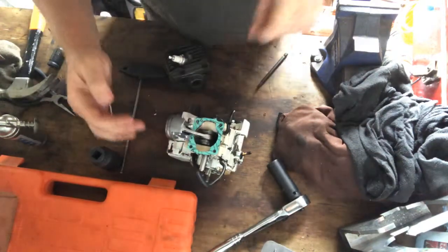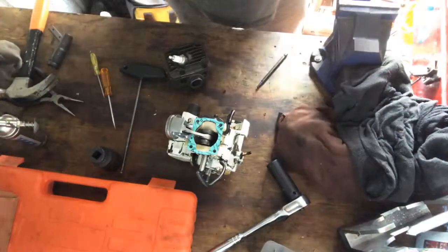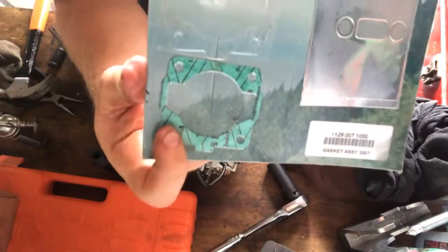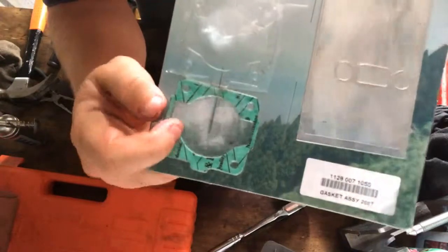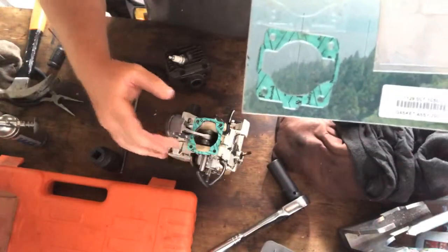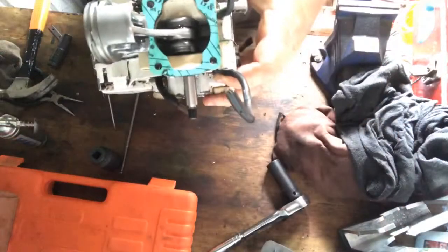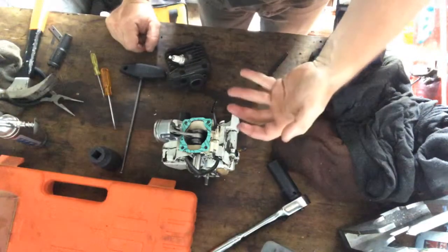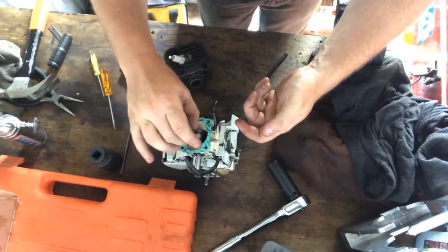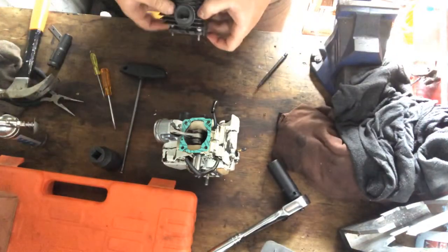Right. So this gasket set also comes with the gasket for, where is it gone? Over here. I believe that's the older version, or maybe the newer version. It might be the 201T gasket, because it's smaller in the transfers, whereas this is a lot wider in the transfers. See how wide that is, but yet this gasket is a lot smaller in the transfers. If you don't know what transfers are, when the piston pushes down and it's got a load of fuel in the bottom of the case there, the piston pushes the air and fuel up the sides through the transfers in the cylinder. Hang on, if I can just...